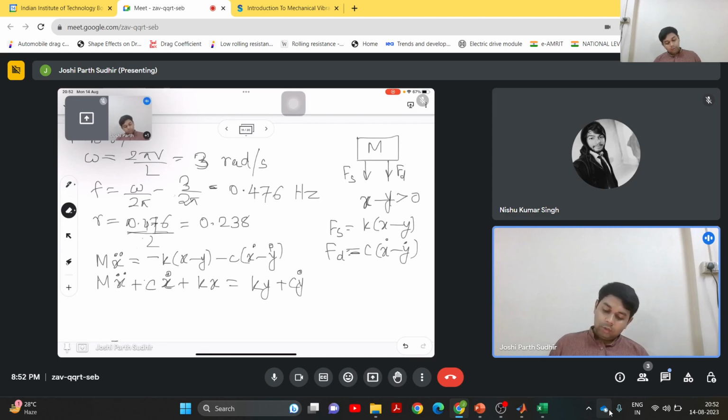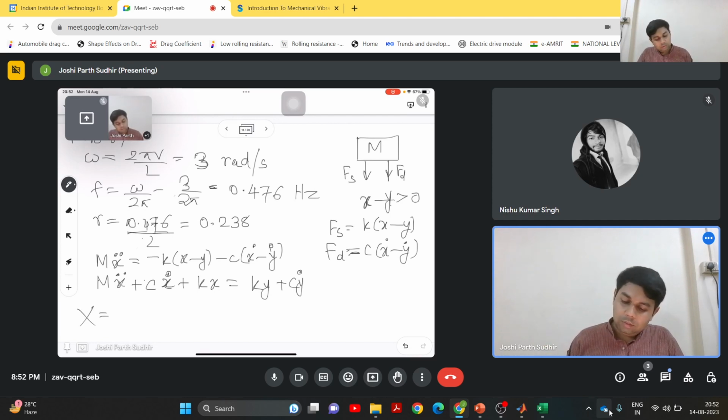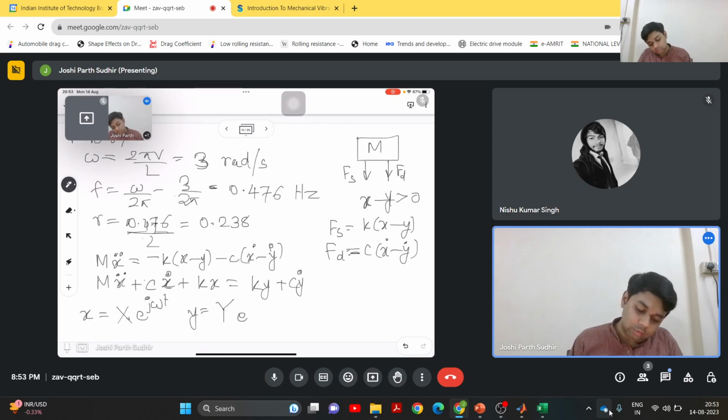So to solve for the amplitude of steady state vibrations, we will assume a solution of the form x is equal to X e to the power j omega t, and y is of the form, let us say, Y e to the power j omega t, and we can substitute this in the differential equation. So then we will find out that